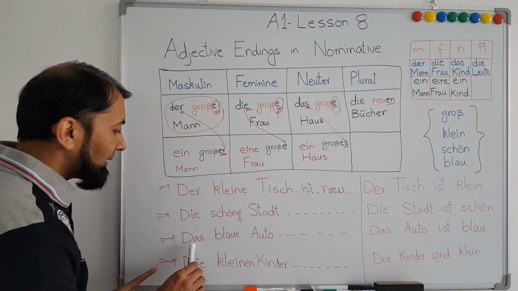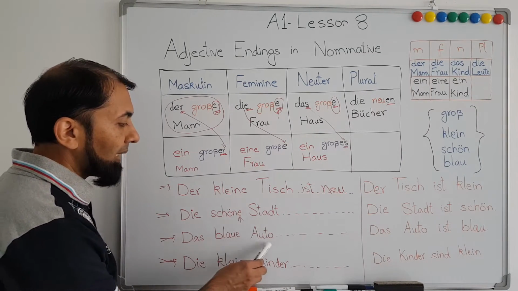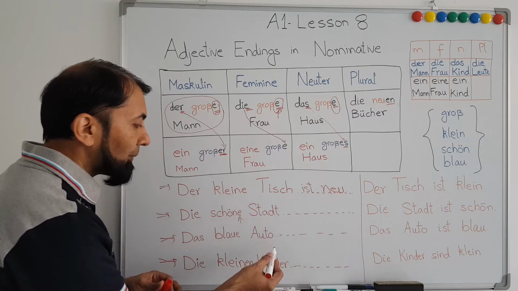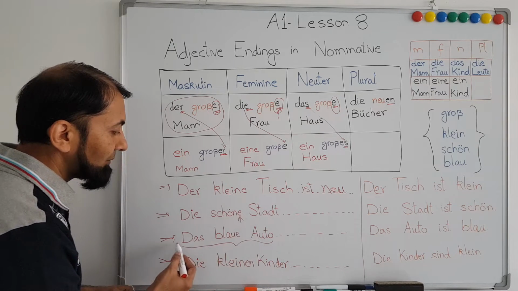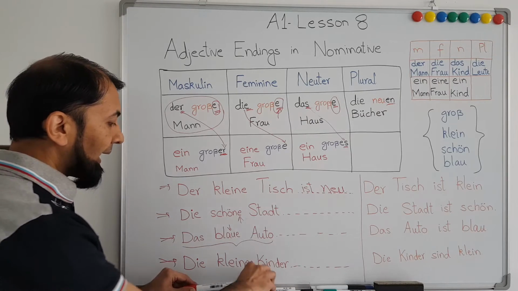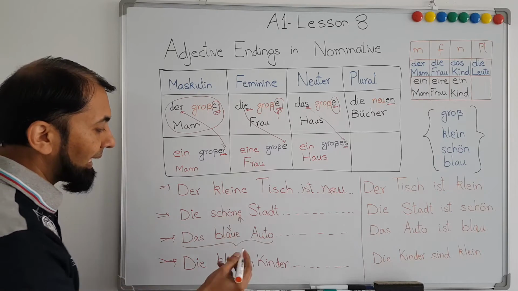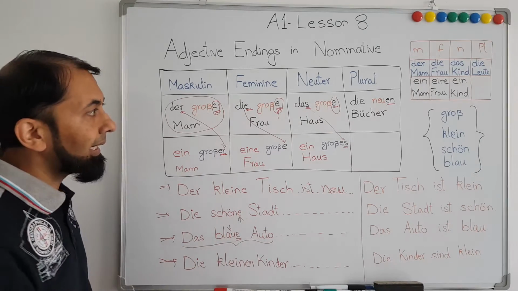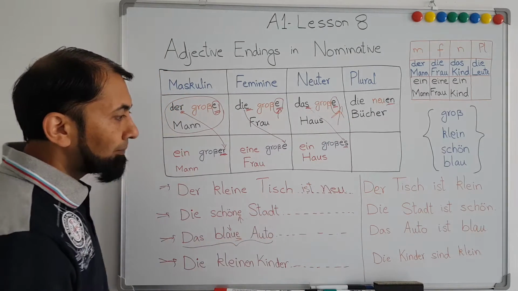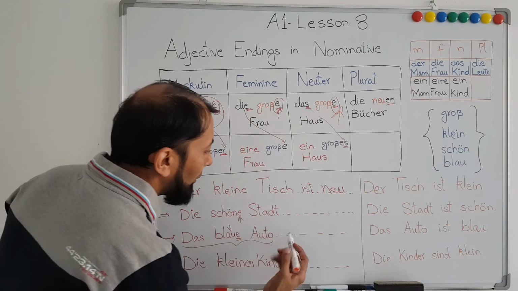Then we have the blue car, das blaue Auto. After this we can add anything that will not be affected, because this is the nominative section and here we have this adjective, and since it is coming before the noun, therefore we will add an e at the end. We will refer to this section of the table. But now let's see, das blaue Auto ist